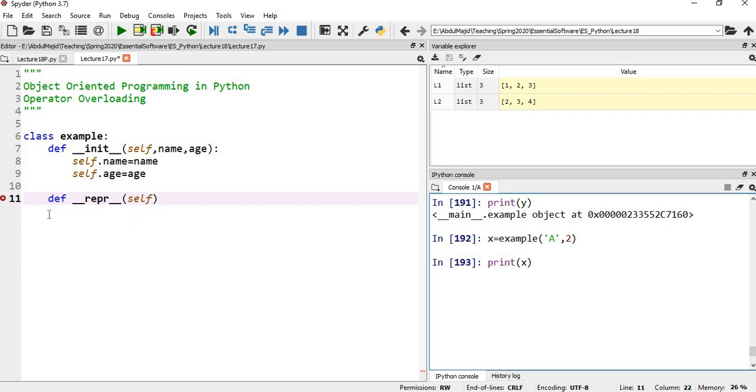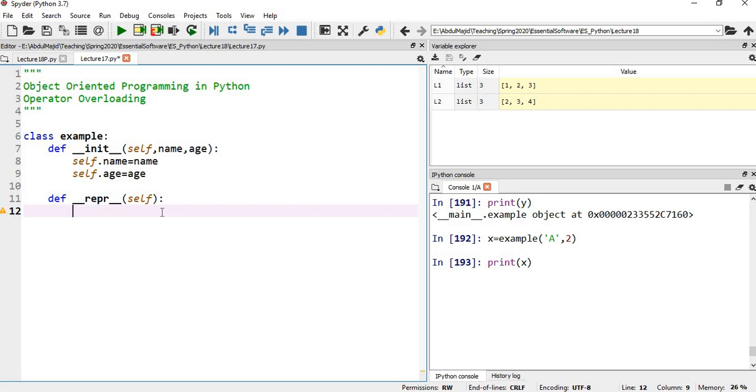So the point is, when your class has this representation function or string function, then the print function is going to work on your object. And if you have the add function here, then plus is going to work for your object. Similarly, if you have the subtraction function here, then the minus is going to work for your objects, right? So let's define this function first. Now let's decide how we want to print our object. You can print any way you want. So for example, I can say that my object should be printed in a way that the first thing should be the name, and the second thing should be the age